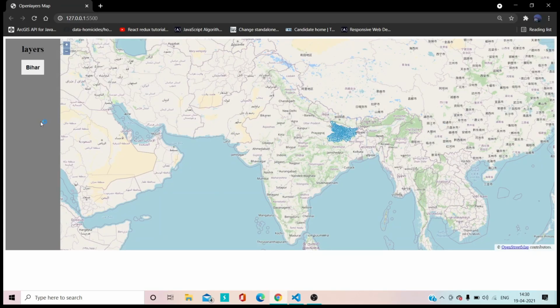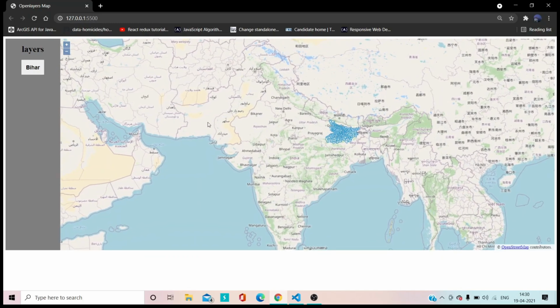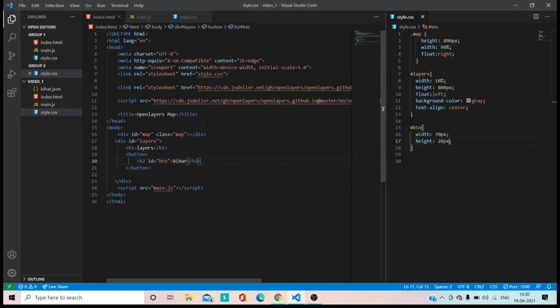Yeah, we got it. Now what I want is, as soon as I click on the button, it will zoom and take me to this GeoJSON. So let's add an on click function. On click zoom to Bihar.